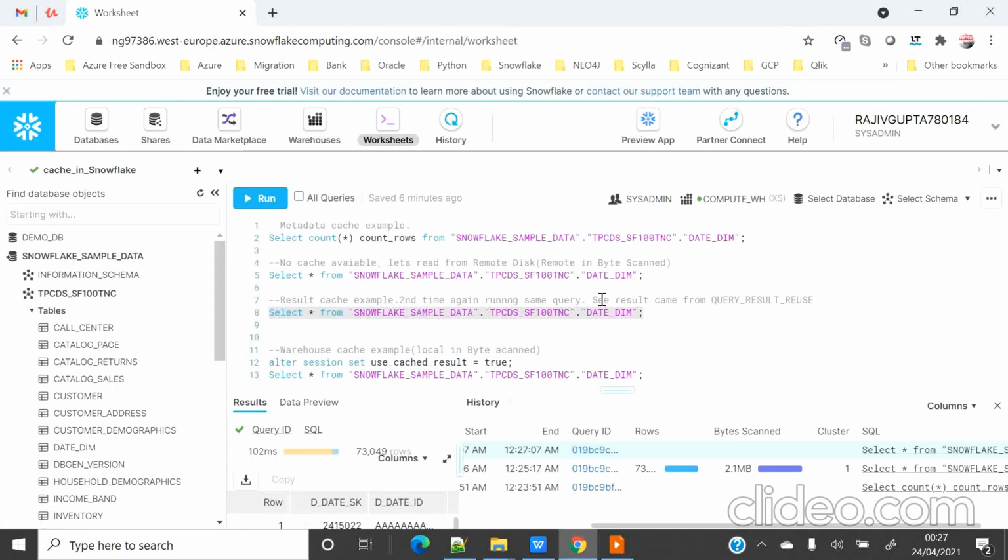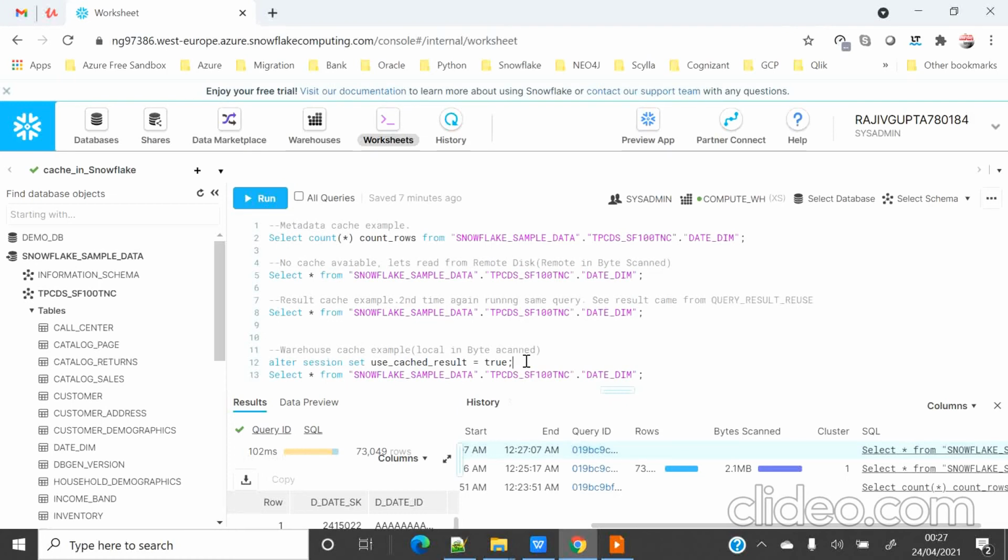This was the example because we reused the same query, and we got the result cache. Now suppose you want to see how we can utilize the warehouse cache, for example when we have passed the 24 hours, which is the time limit for our query result to stay in the cache.